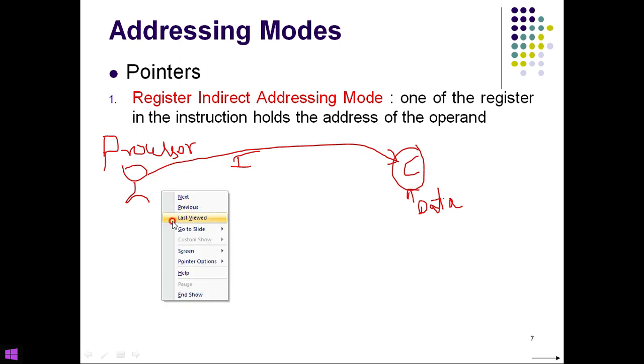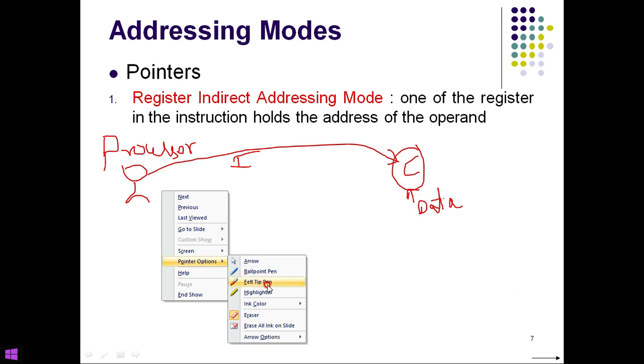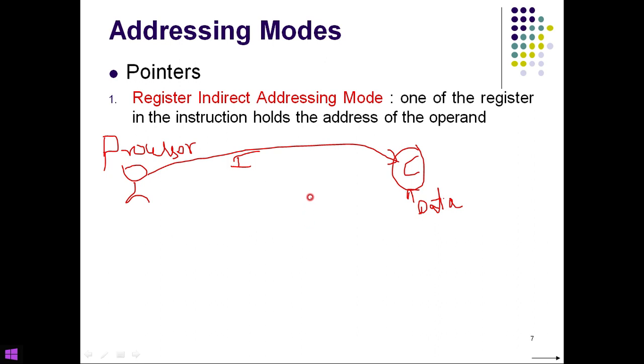What is the other option? The other option is, I will say that this chocolate is with Ramesh, and I want to get it from Ramesh. Then what I will do? I will go first from here, then I will go to your Ramesh. Say this is my Ramesh canteen.